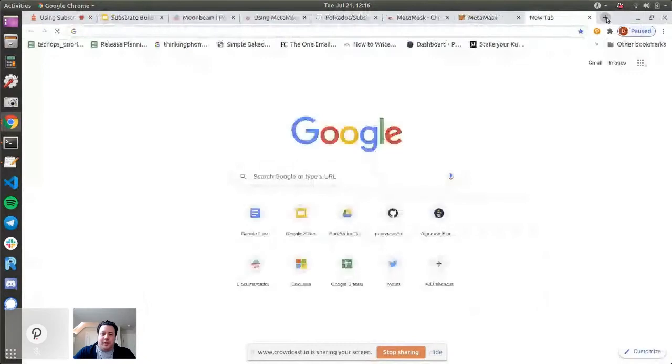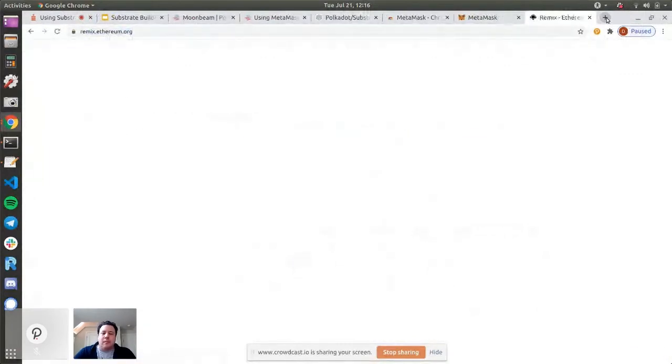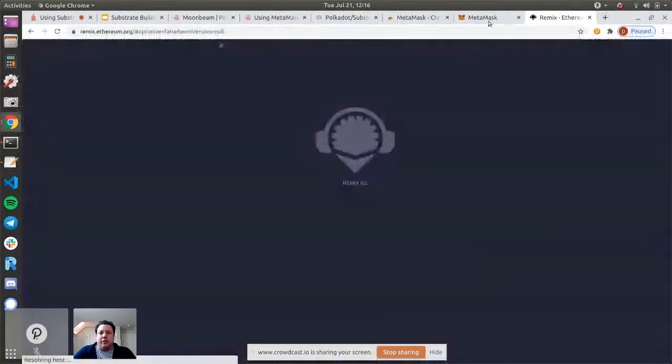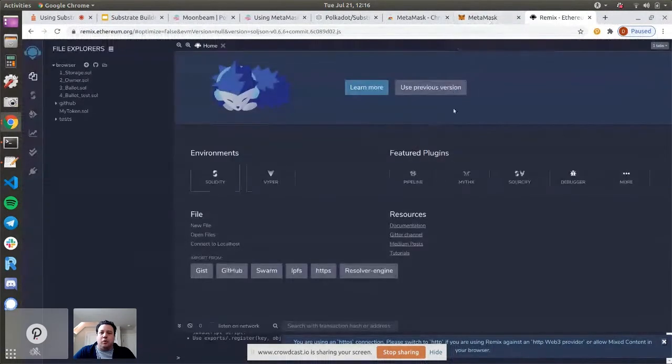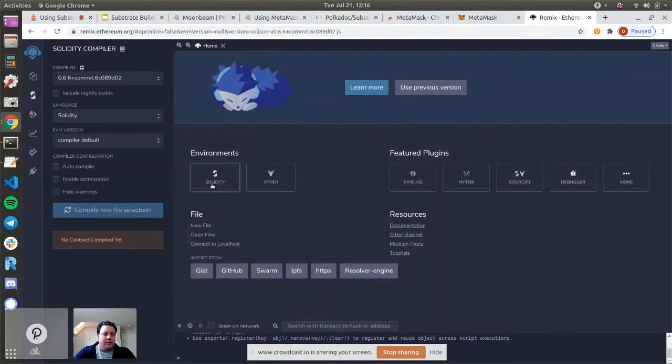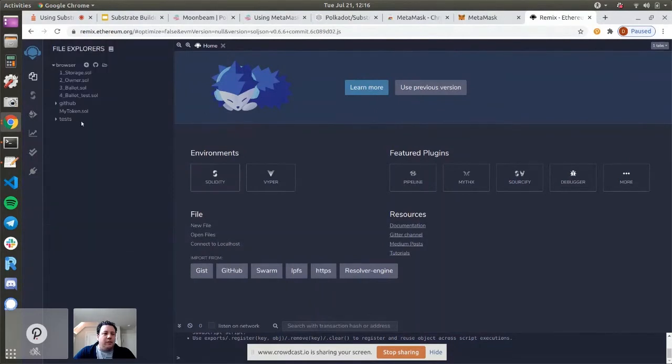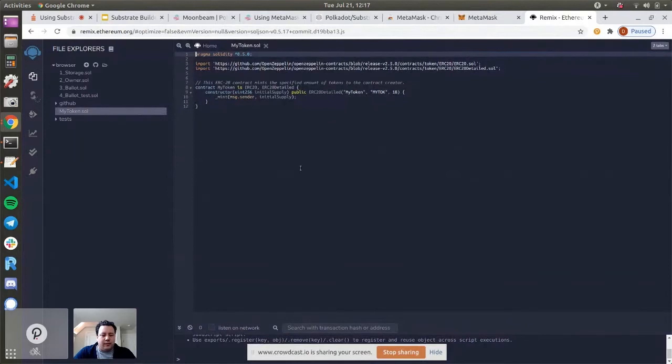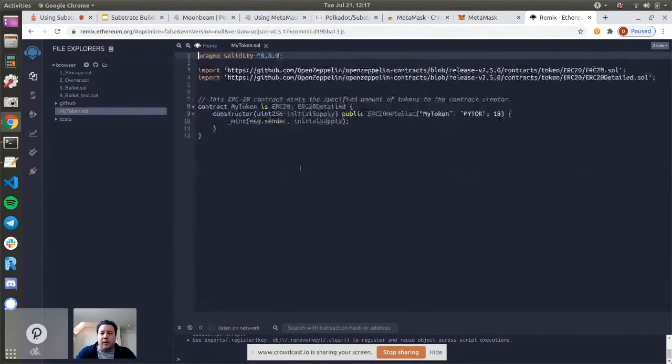Just want to show maybe another example here of interacting with this local Moonbeam node I have. Let's try using Remix. So Remix, I'm sure many of you are familiar, is one of the prevalent IDEs for creating Solidity smart contracts. So I'm going to go ahead and configure Remix here for Solidity development. And if you look here, I do have a contract that's, let's make this a little bigger, loaded in here to Remix.